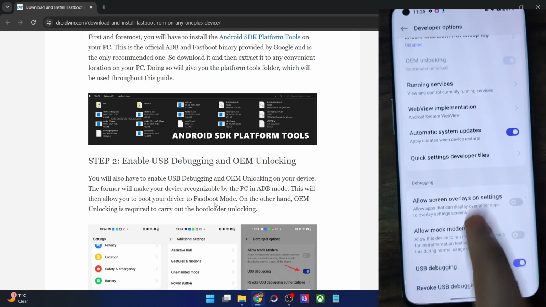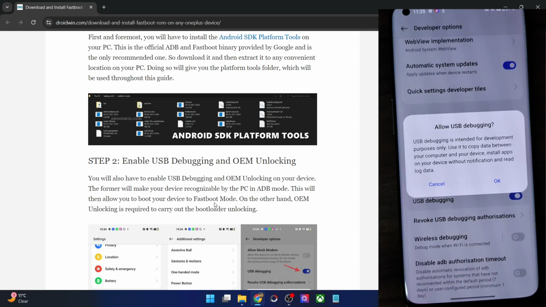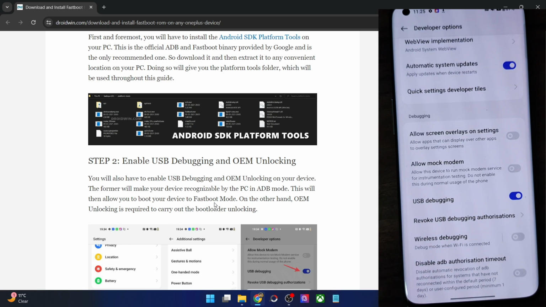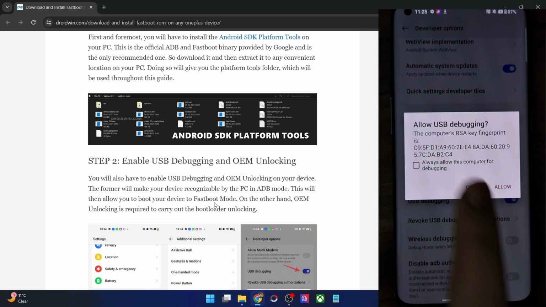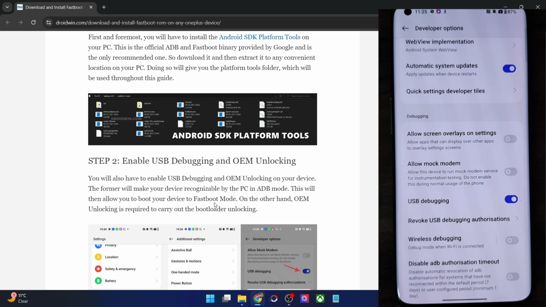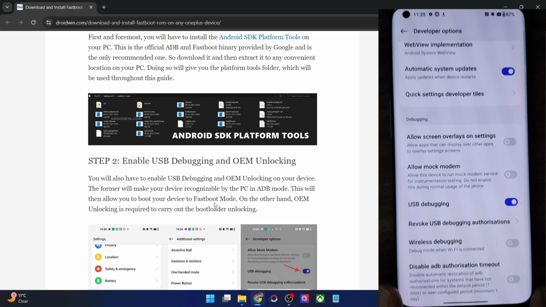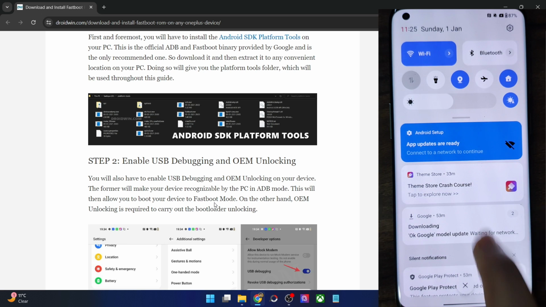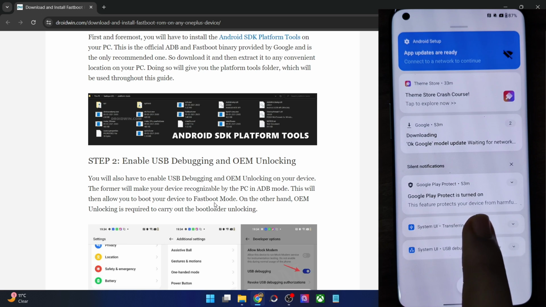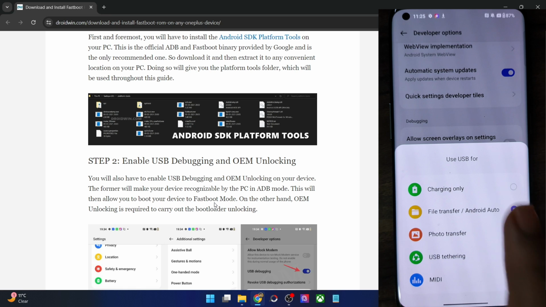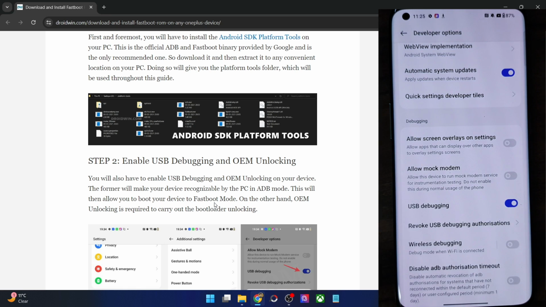Next to OEM unlocking as well as USB debugging, you will get a prompt on your phone. Tap on OK. You might get an RSA key prompt as well. Tap on allow. And with this, debugging is now enabled. Along the same line, I'll also recommend you to change the USB transfer mode from charging only to file transfer. This is also required.